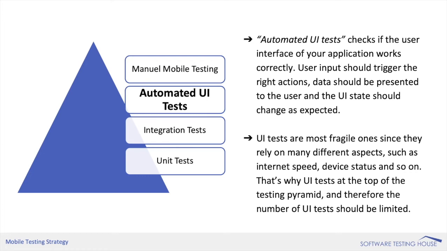User input should trigger the right actions. Data should be presented to the user and the user interface state should change as expected. This test is usually written by using different frameworks, and most of the time they try to mimic the actual user interactions. According to my experience, UI tests should be written by someone who has a good understanding of testing